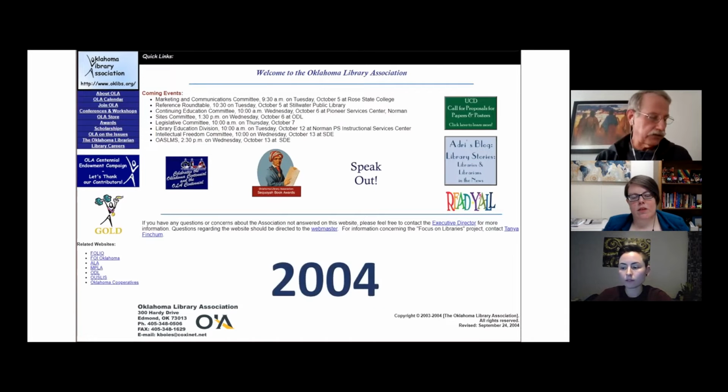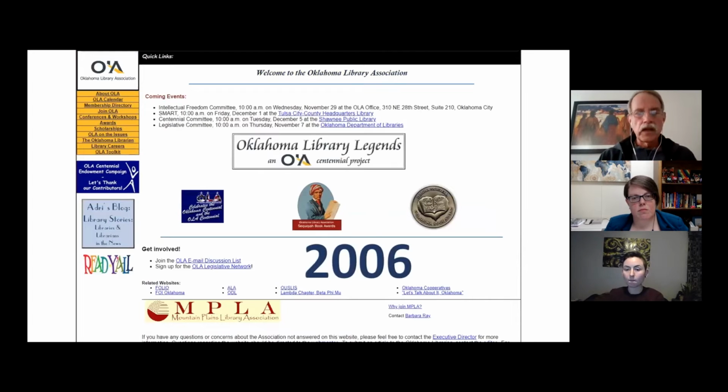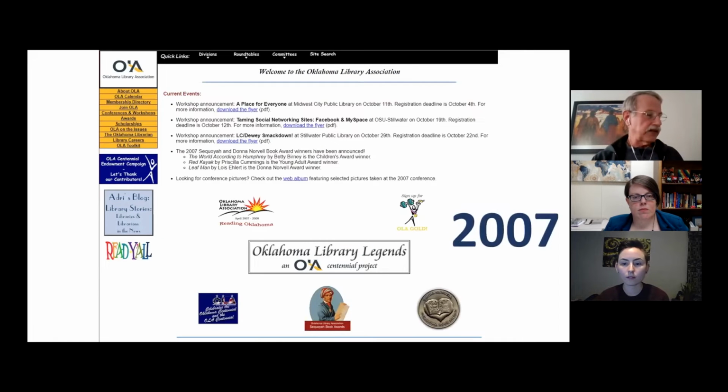And so that let us do things like I was able to create forms for submitting conference programs, awards, and scholarship nominations. The Oklahoma Librarian, our newsletter, went online at that point for members only at that time. In 2005, I added a searchable membership directory, also for members only. In 2007, I stepped down as OLA webmaster,